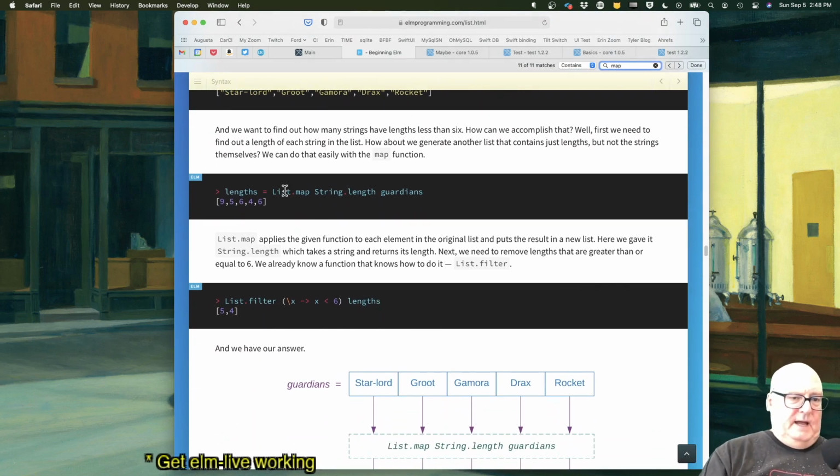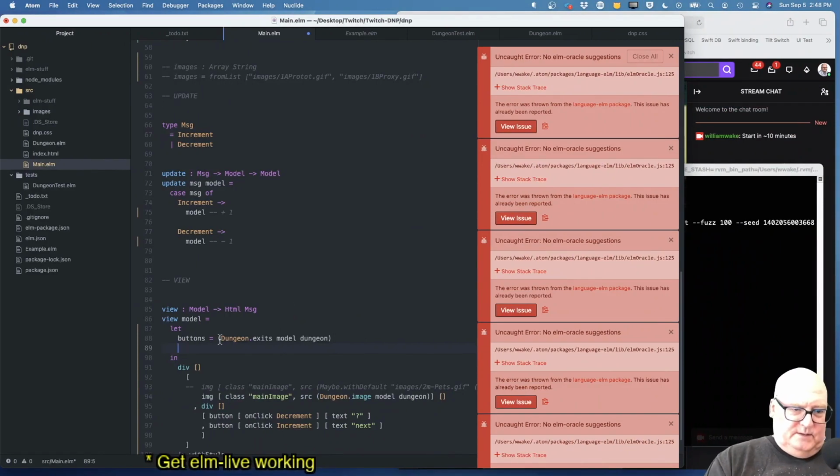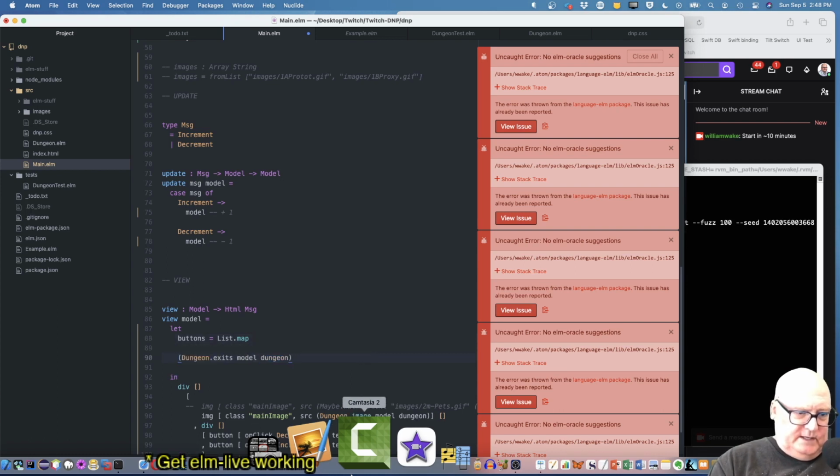Okay, we map a function to the list. All right, so what I want to do is a List.map. That takes a function and a list. Here's the list. The function is a lambda, and it gets some room name,